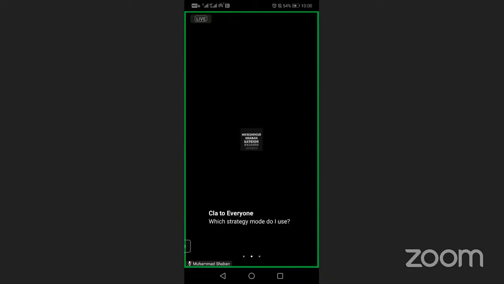The strategy mode that you are going to use is the sub-bin mode. That's the strategy. You use sub-bin mode.